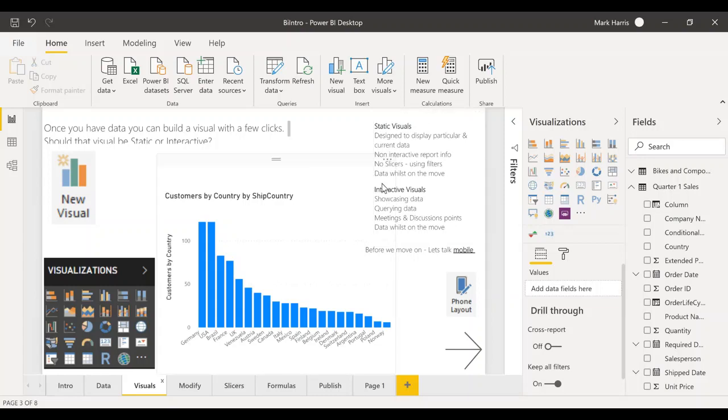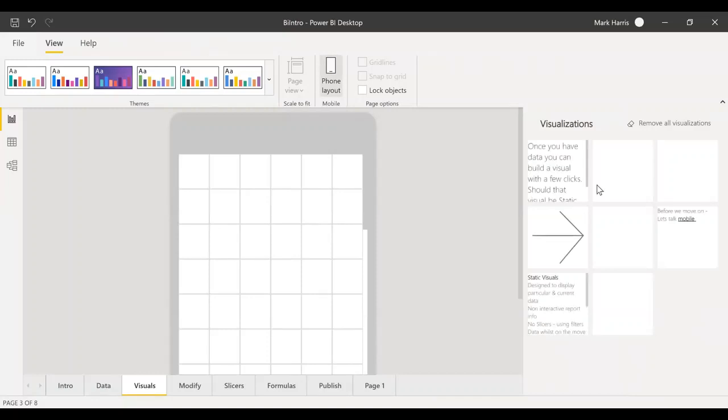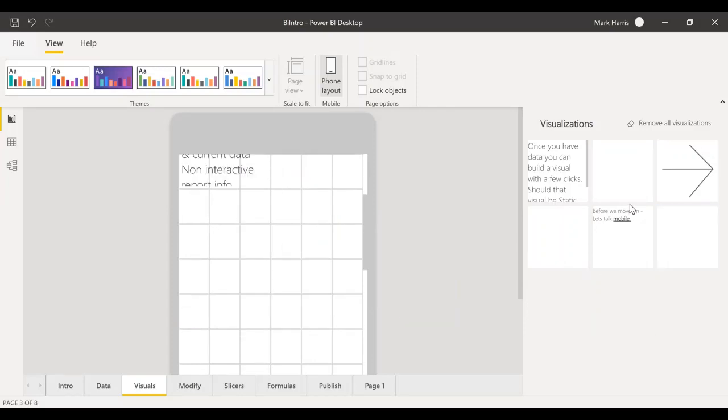So what you're seeing at the moment is how it would appear on a screen, on a web page, etc. But if you have a licensed account, you can also have a phone layout. And as long as the application works on your phone, any visuals that you've created, you can just quite simply drag on, resize. These aren't very good ones to choose, unfortunately, because there's nothing to actually do on here. But then you can just get your phone out, sign into the Power BI app,